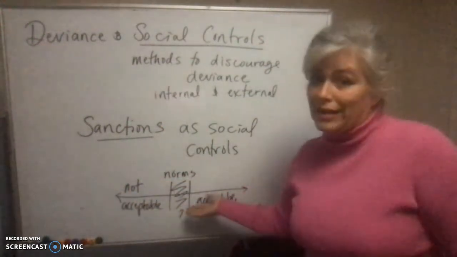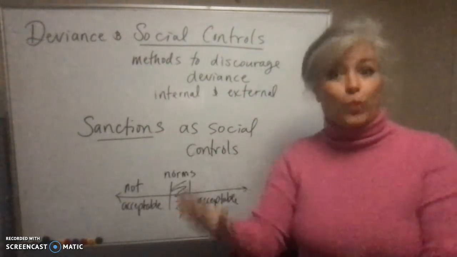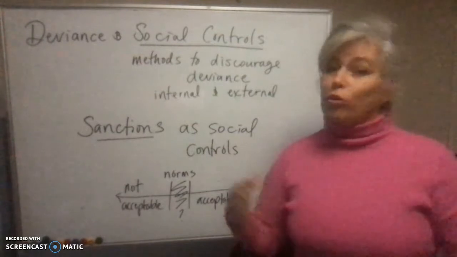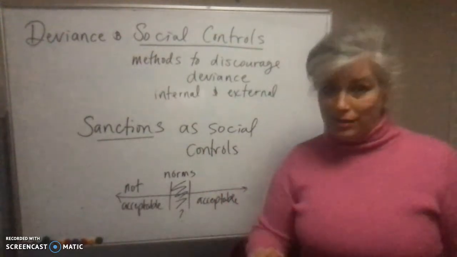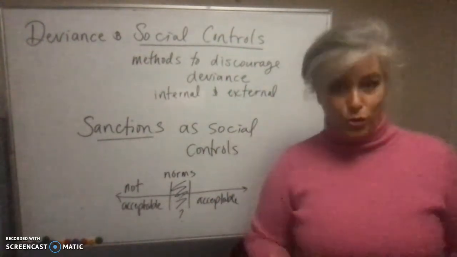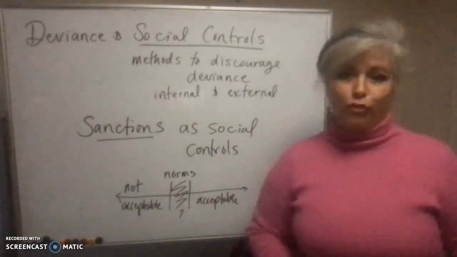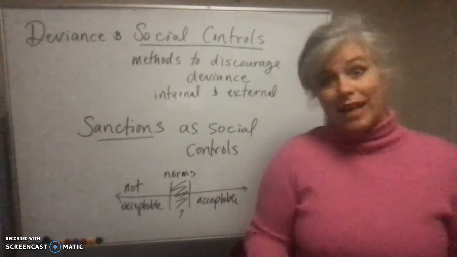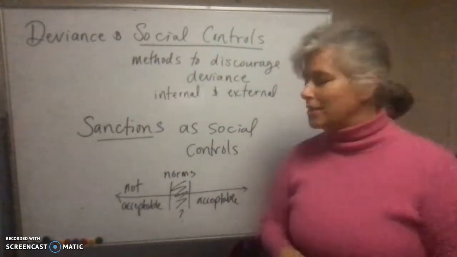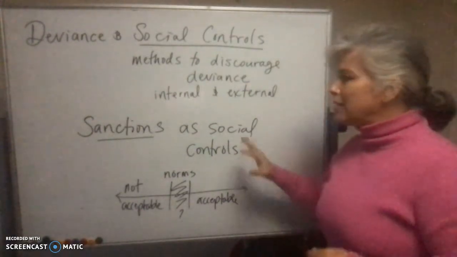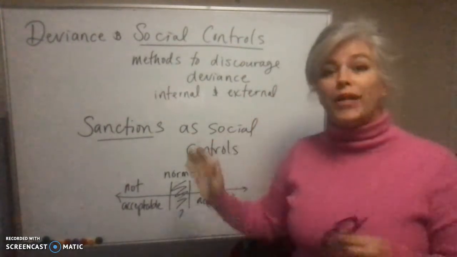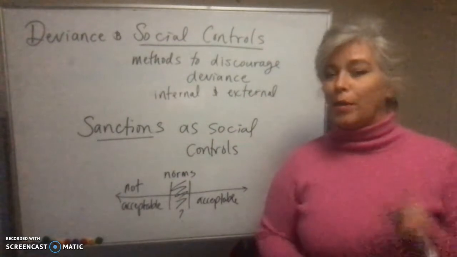Well, we could try it and see how people react on an informal way and see if people with power enact laws so that there are also external social controls that prohibit us from eating those kinds of things, or at least selling them legally, for instance. So deviance and social controls, there's a whole lot of focus on trying to discourage deviance in society, but we